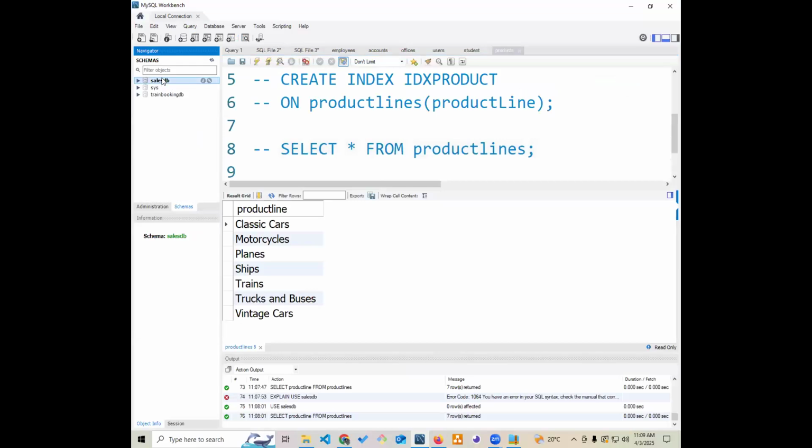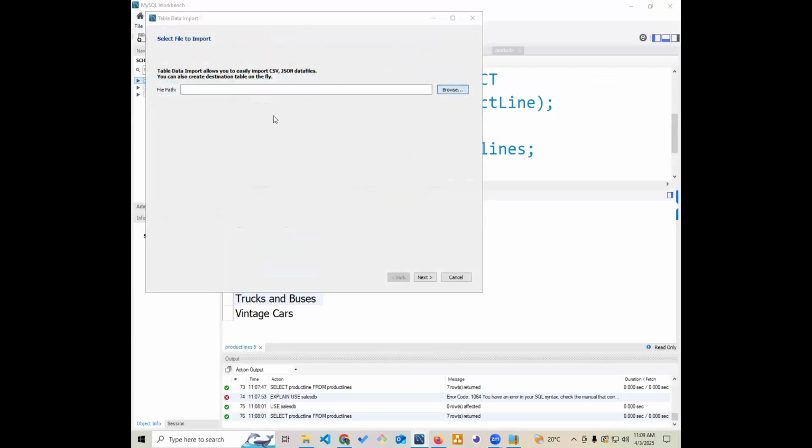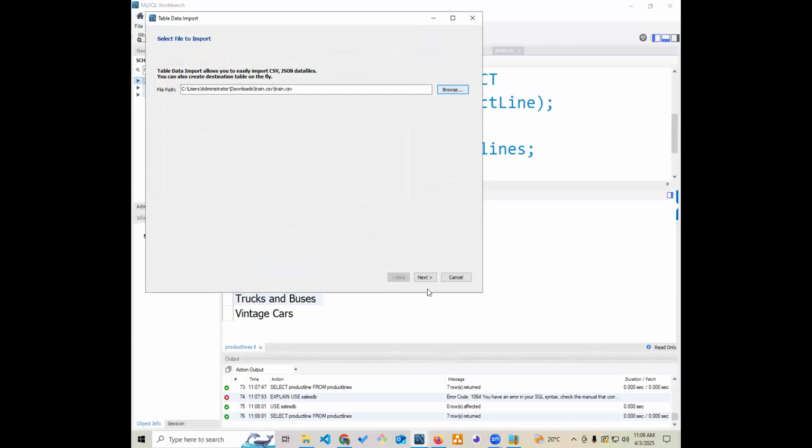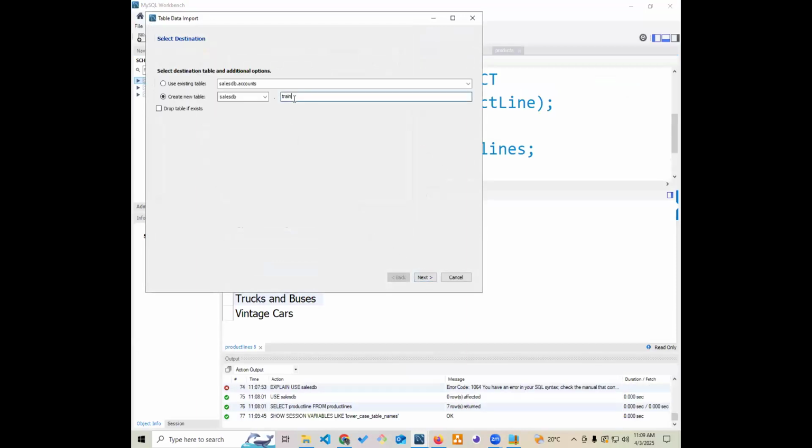Click on it once, then right click. Click where it says table data import wizard, and then search for train.csv. That is it, train.csv. I'll click next, and then I'll give this one the name